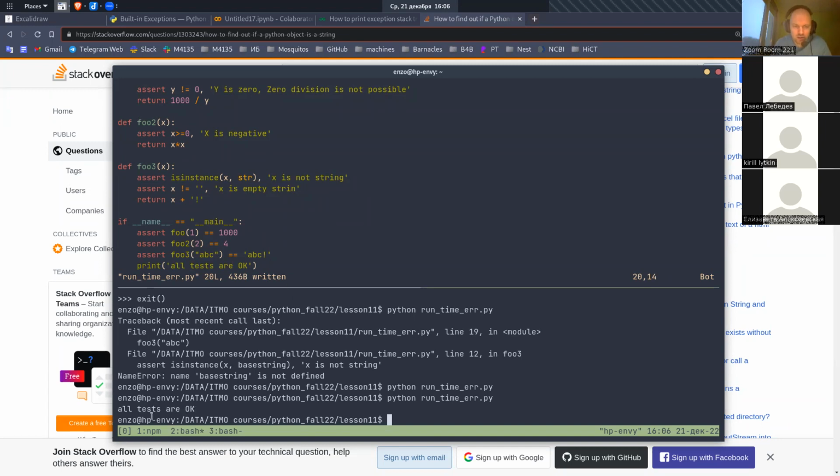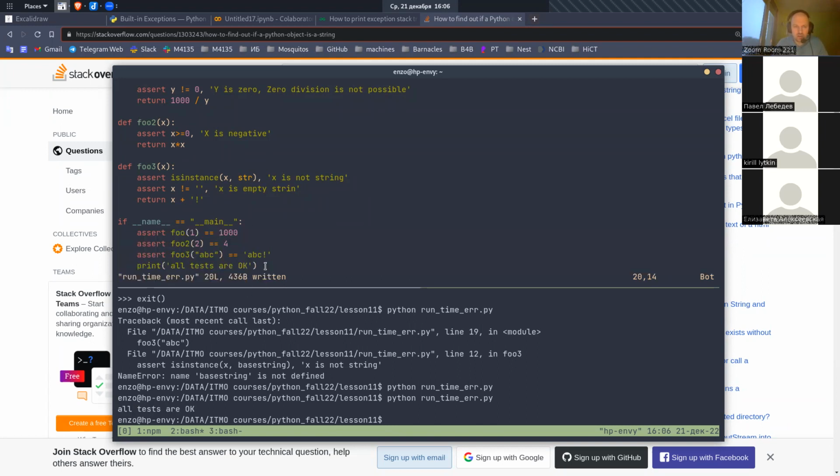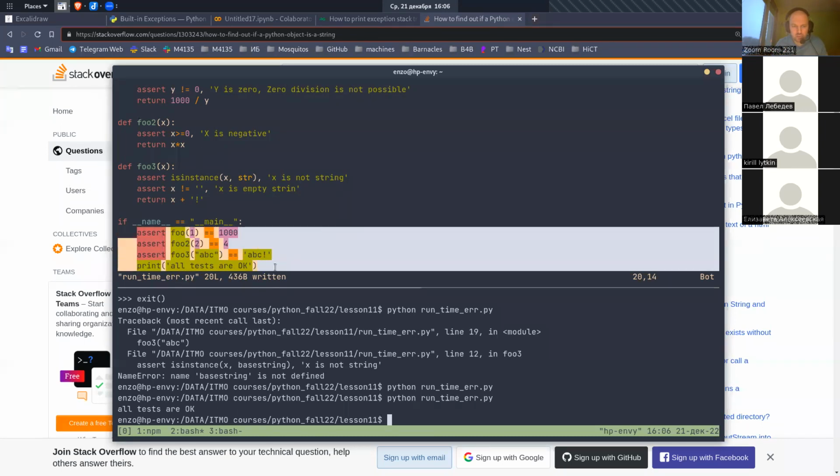Oh, in this manner, we can create assertion blocks for each function. We can create assertion block for one part of the code, for second part of the code. Call them test for this, test for that, and before starting your program, you will have your assertion blocks that